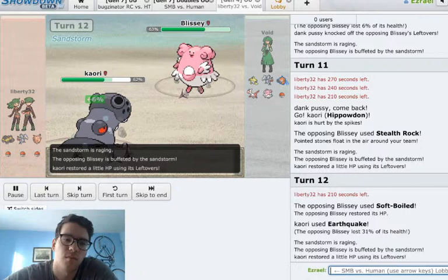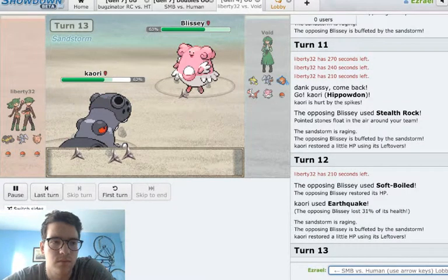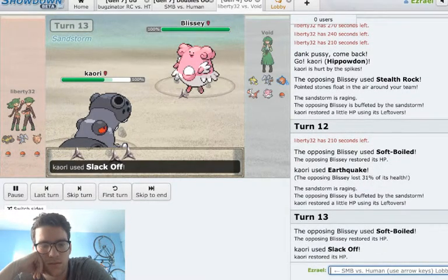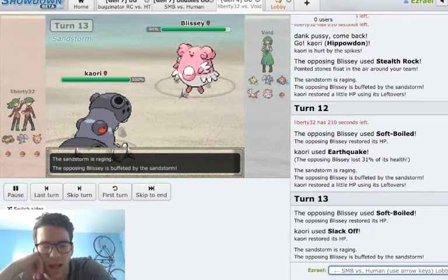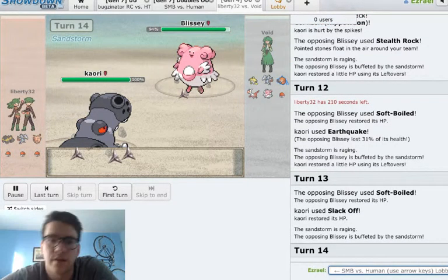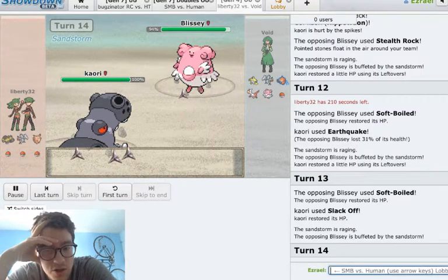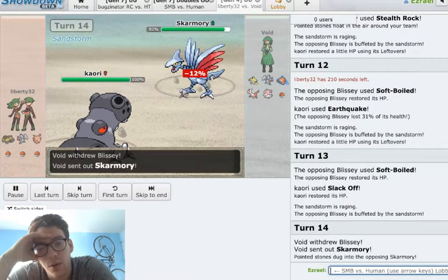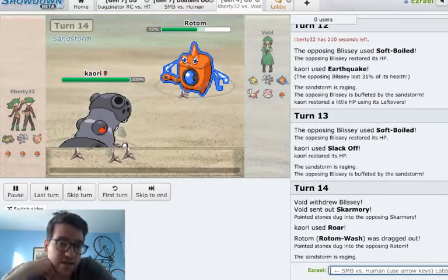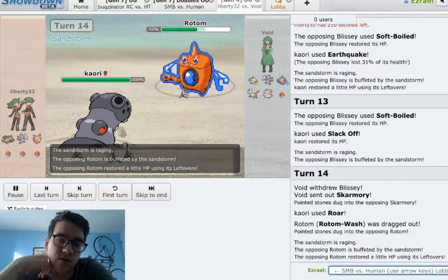DPP is not my forte, but there's 3 layers up on the screen and he just let them go up despite having a spinner on his team. I don't see him making that play without having a spinner, considering that both these players are running a kind of stally team. And notice after the Knock Off, Blissey's just taking 6% every turn. With those DPP sand mechanics, the pre-Gen 6 sand mechanics, this sand will last for the entirety of the game unless one of Void's Pokemon